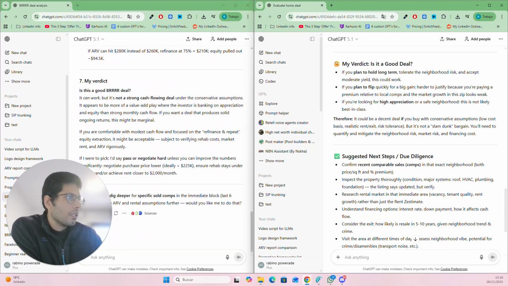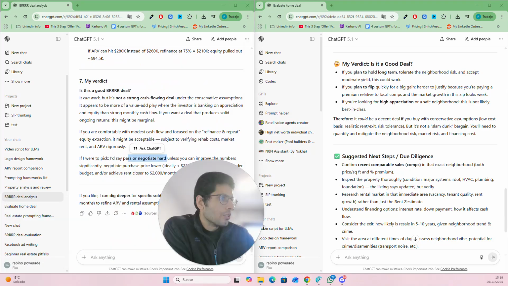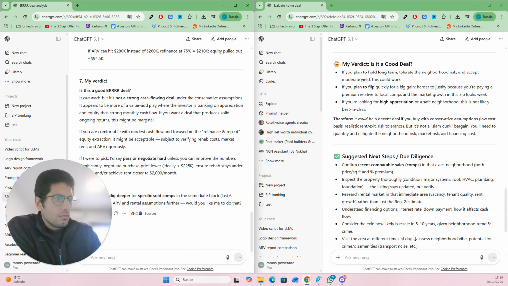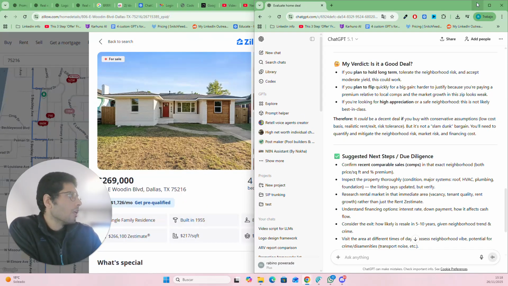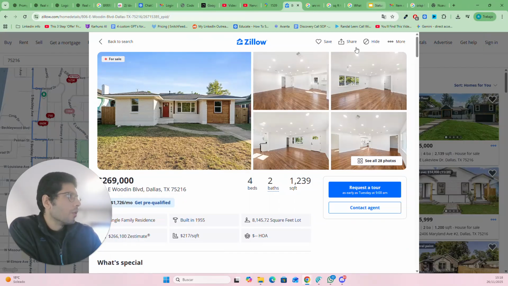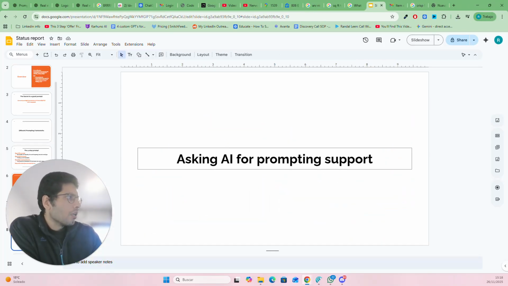So basically, it's saying that I'd pass or negotiate hard unless you can improve the numbers significantly, right? So essentially this is just going to give you a lot better answers in order to make your assessment on this property, right? Now, the next prompt that we're going to be doing is we're going to be asking AI for prompting support. Okay.